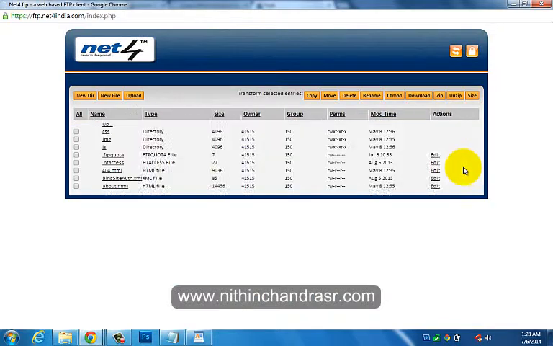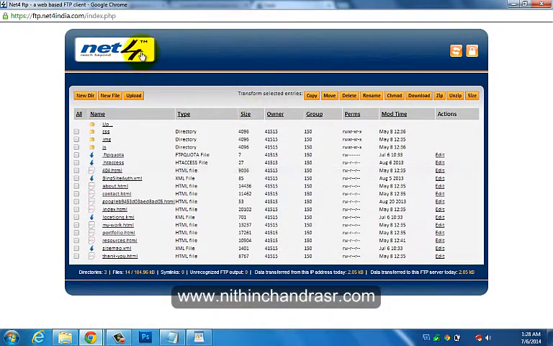You might be having GoDaddy or something. I have netport.com, so I hosted my website on netport.com. If you have hosted on GoDaddy or something, your interface will change, but the concept will be similar. Adding the sitemap.xml and location.kml file to the root directory will be the same. You can see here two things have been added.